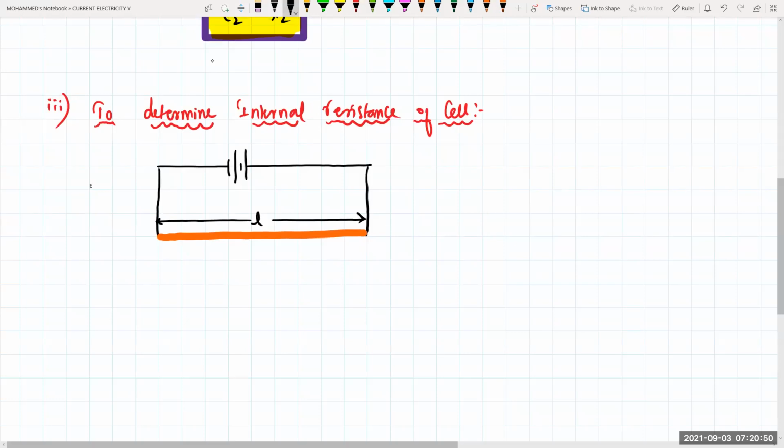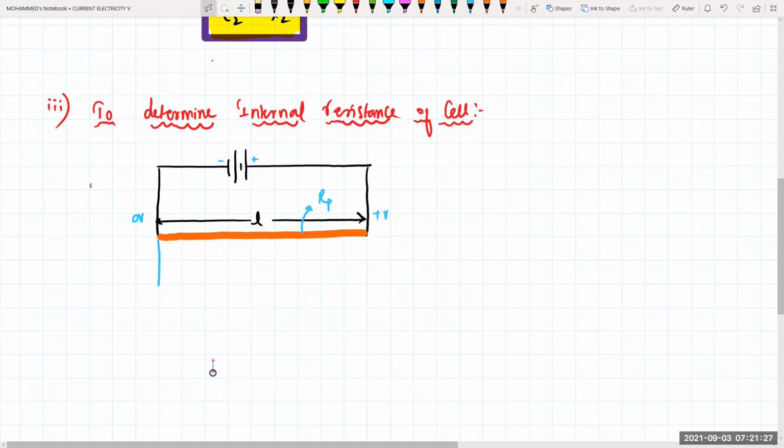Now, to this one we need to calculate the internal resistance. So what I'm doing is connecting one cell here. Here it is negative, here it is positive. Obviously here it is at 0 volt and here it is at some positive voltage. And this is the resistance of your potentiometer wire, equal to RP. And the basic length of that is how much, beta? 400 centimeters to 1000 centimeters. I told you the length of the wire will be from 4 meters to 10 meters. If it is 4 meters, it means 400 centimeters. If it is 8, it means 800 centimeters. If I'm taking 10 meters, it will be 1000 centimeters.